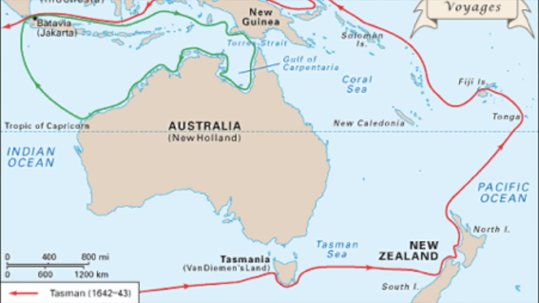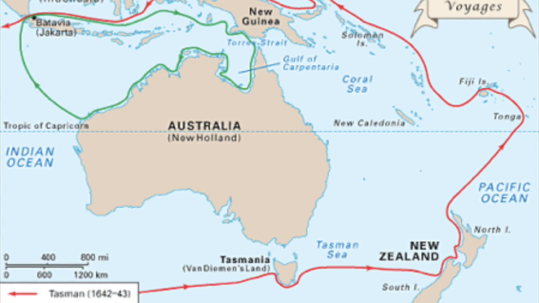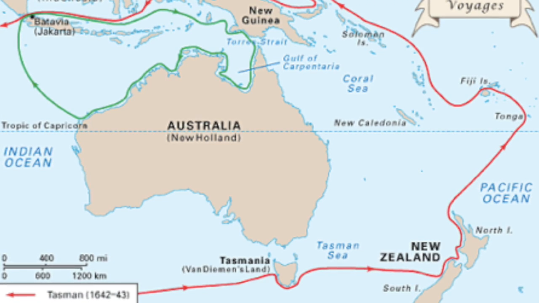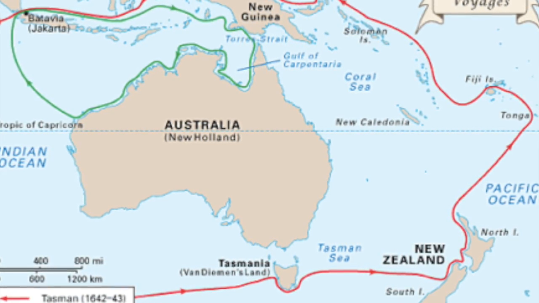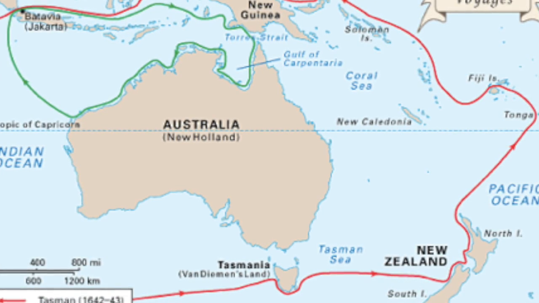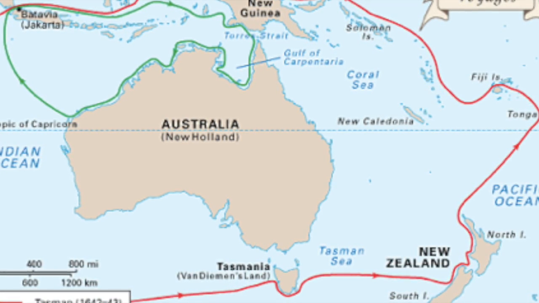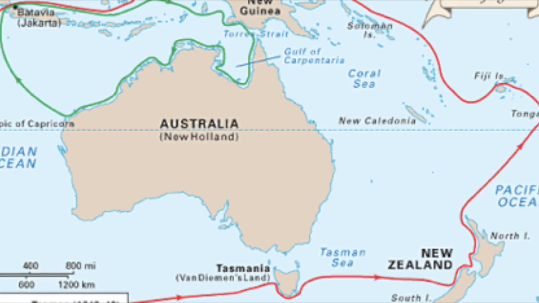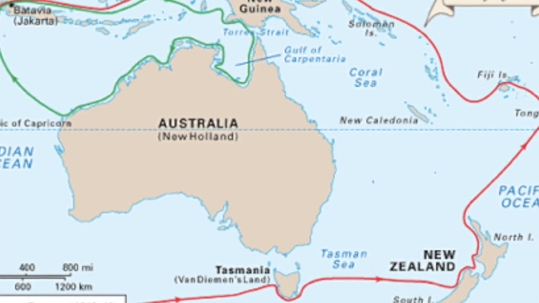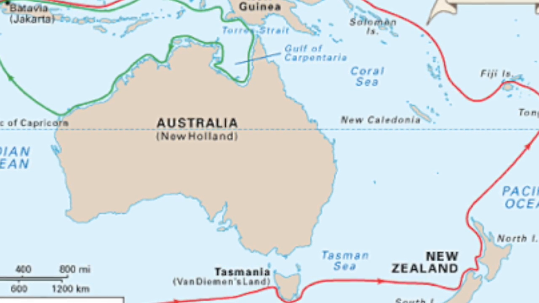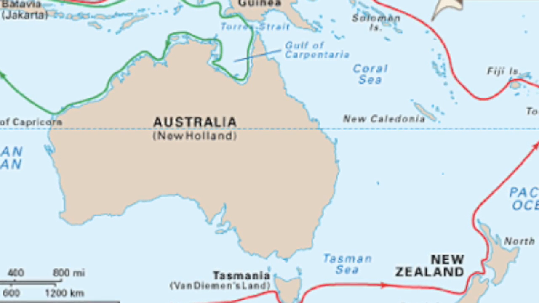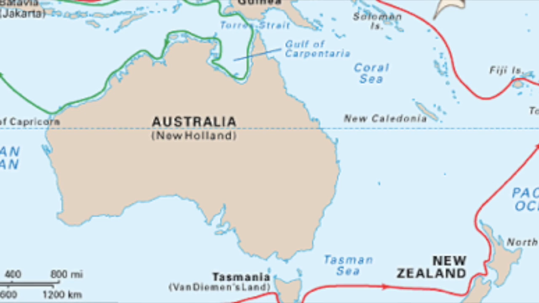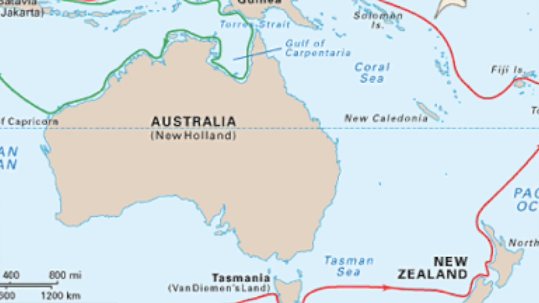After charting the north and west coastline, he named the continent New Holland, but it wasn't until James Cook in the late 1700s that the complete map of New Holland was charted and renamed as part of the British territory. This topic relates to the Stage 3 history syllabus, the Australian colonies, as a starting point for research. Key inquiry questions that can be focused on include: what do we know about the lives of people in Australia's colonial past, and how do we know? How did an Australian colony develop over time and why? And what were the significant events and who were the significant people that shaped Australian colonies?